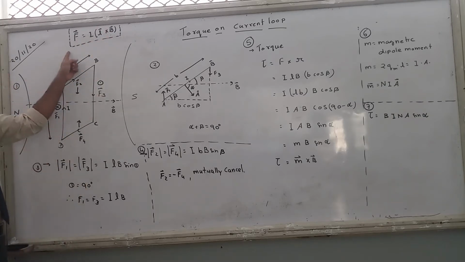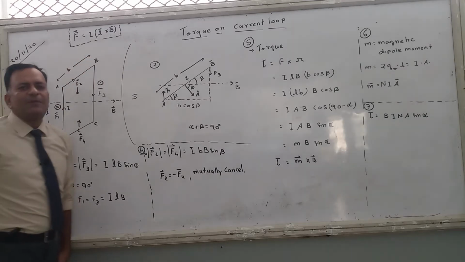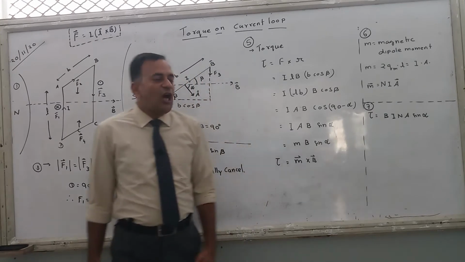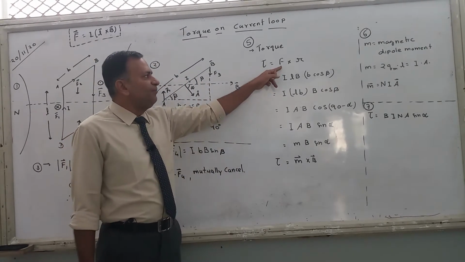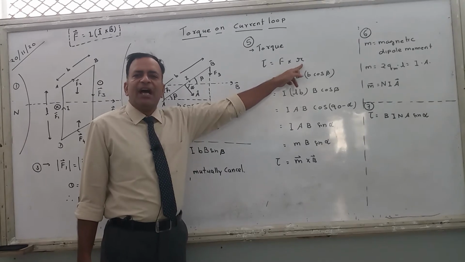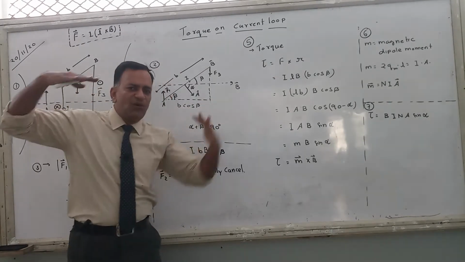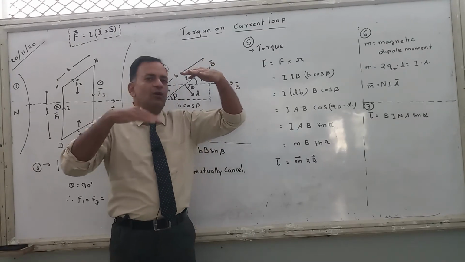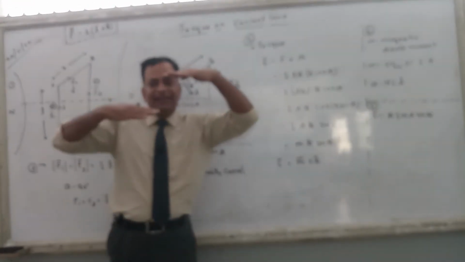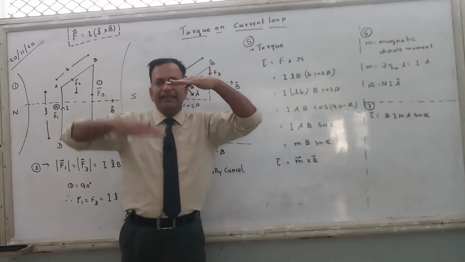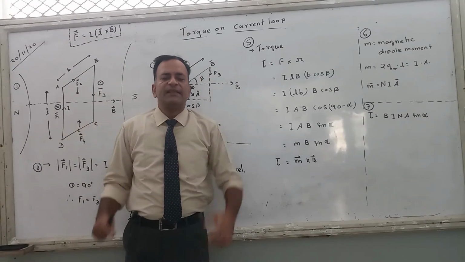Okay, so this equation you must be knowing, and one more thing you must be knowing is the concept of torque. How do we calculate torque? Torque is calculated by this simple method: force multiplied by distance between the forces. If I have two forces acting like this, equal and opposite, then I have to take any one force over here, and multiply it with the distance between the forces.